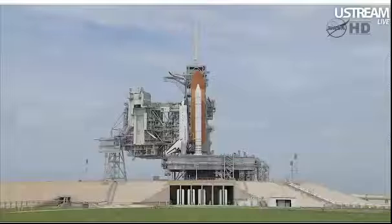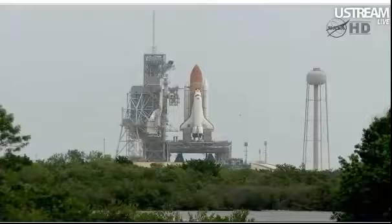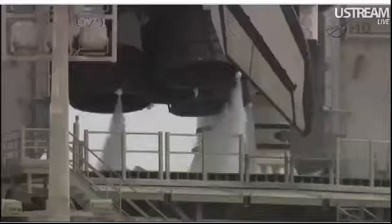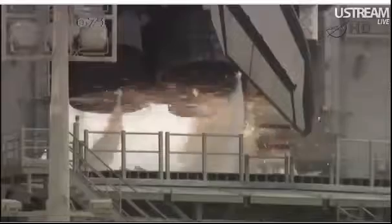So steering check and work. 20. Firing chain is armed. 15. Go for main engine start. T-minus 10, 9, 8, 7, 6,